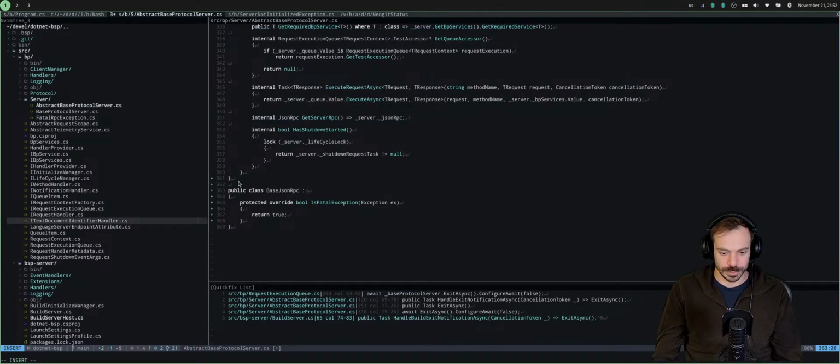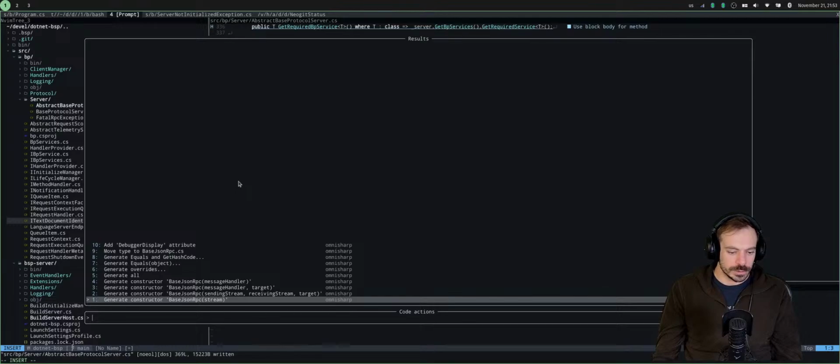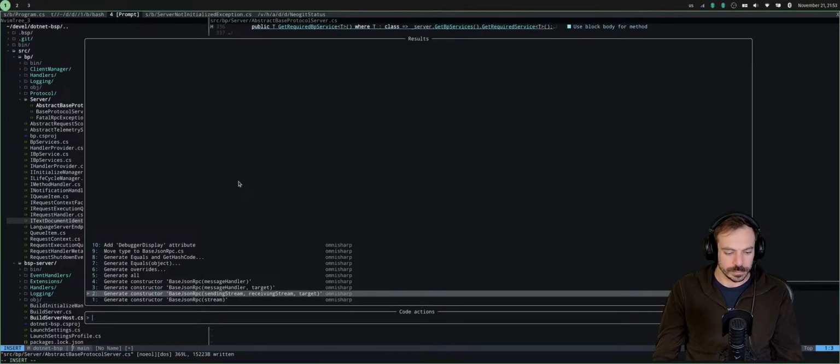Here, JsonRpc. Create constructor. And the message handler can also be passed in.